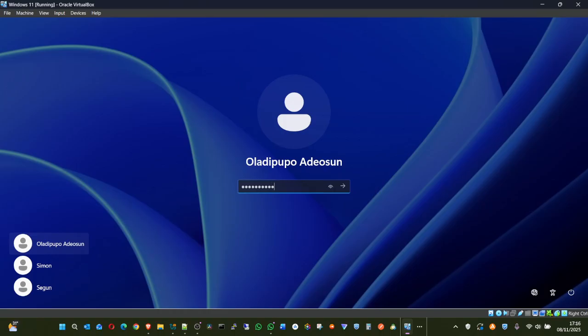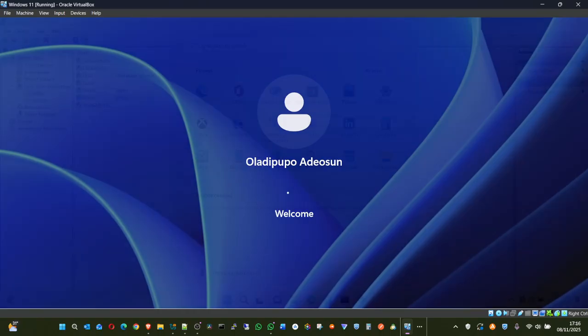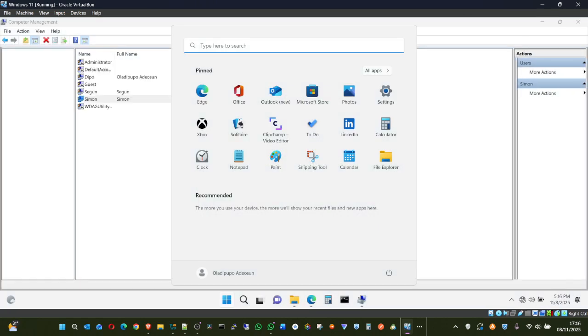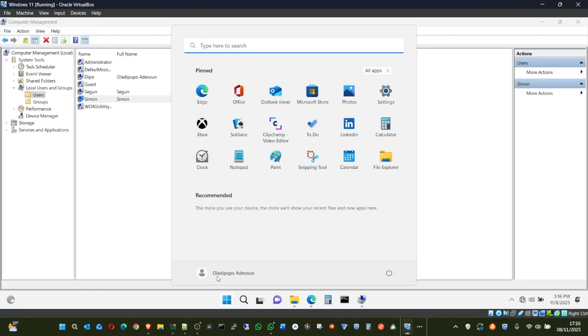If I click sign out, it will close everything that I've been doing. So now I take my password. Oh, sorry. Now you can see that all that I opened before is still there. But if I click on sign out, it will clear every application that I've opened, everything that I've copied. If you have copied files, it will clear them up. All right. So take note of this very well.